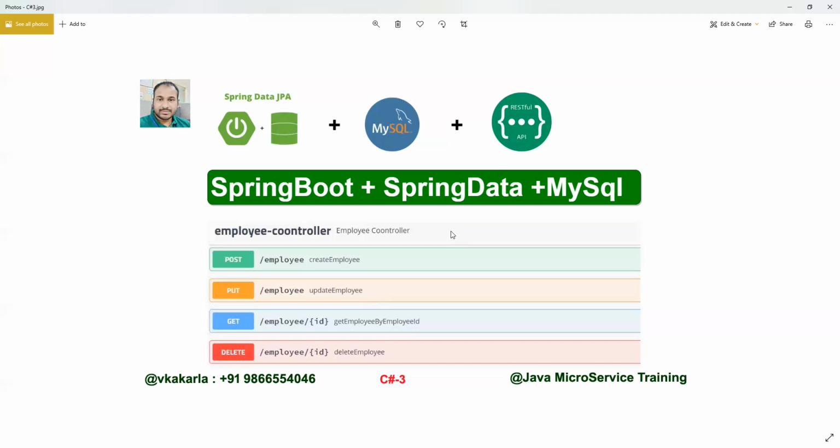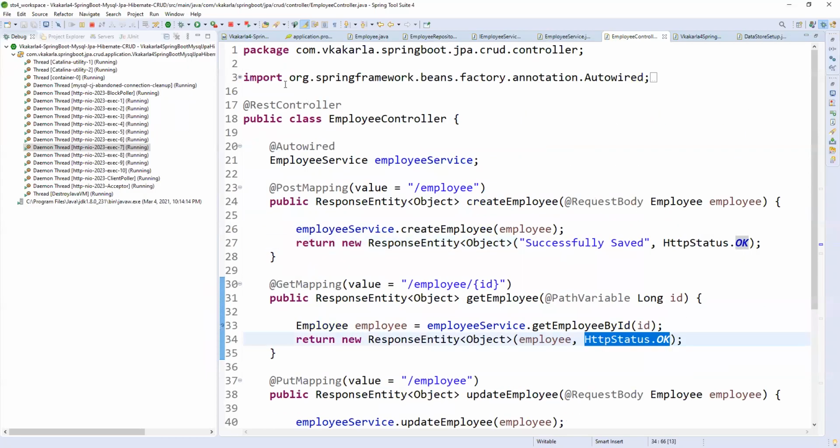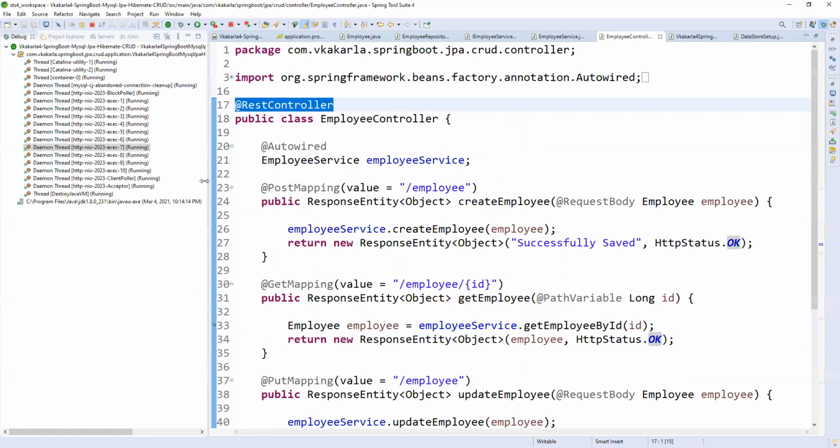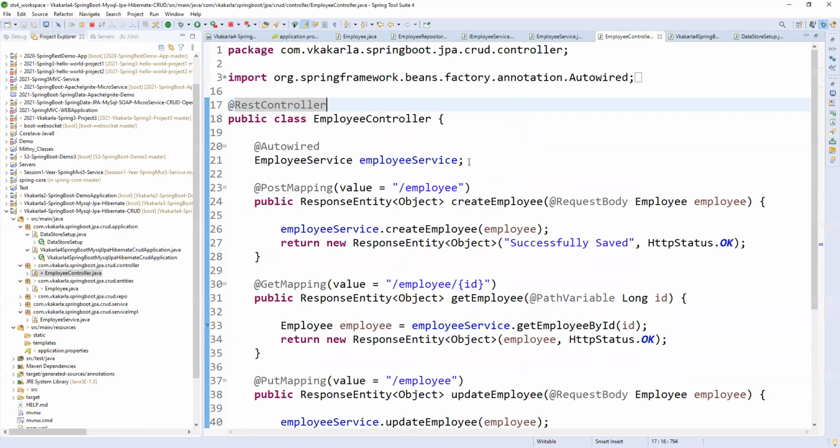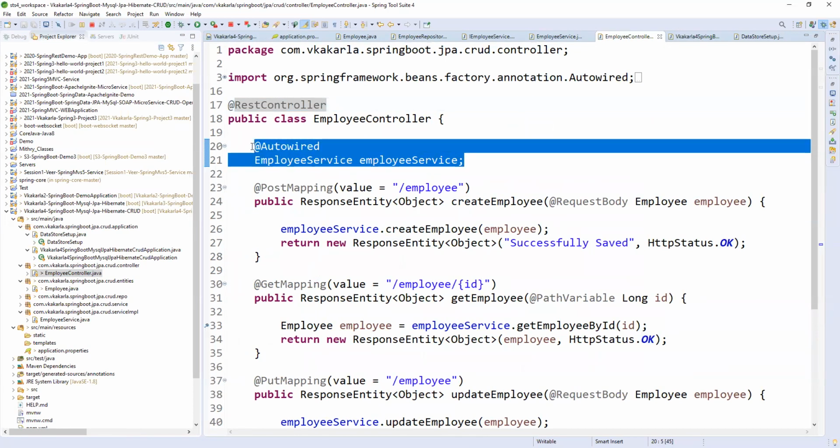Raju asks, did we see the RESTful API today? This is the RESTful API only, the controller. On top of this, these things were already discussed in yesterday's class, so I didn't touch the Autowired and RestController. This was already done as part of the previous class.